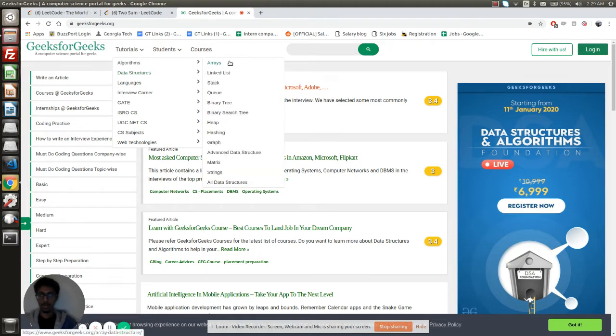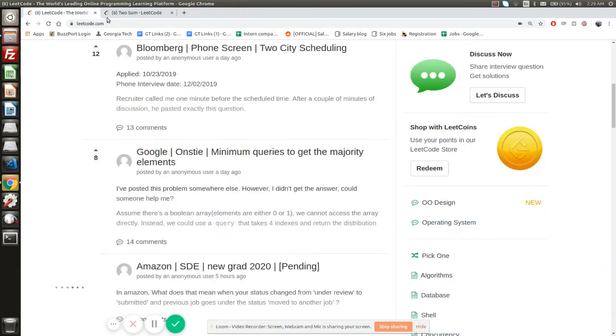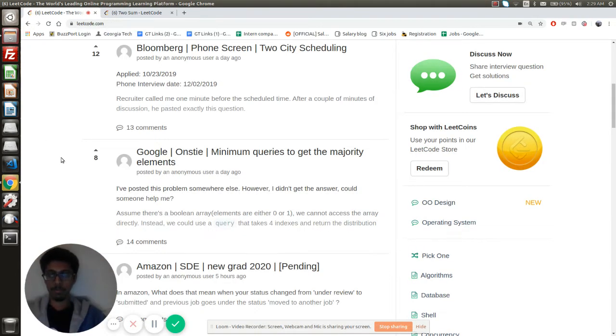As you can see, arrays, linked list, stack, queues, trees, heap, graph. You need to know these data structures as a basic. There are some algorithms and different paradigms which you may need to brush up. So this website is for all the theory, and this is Leetcode basically.